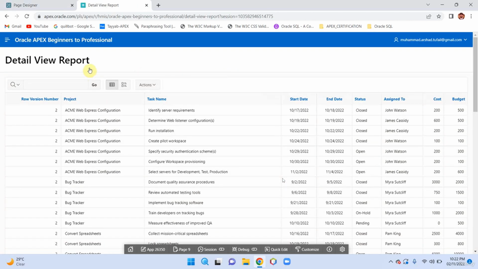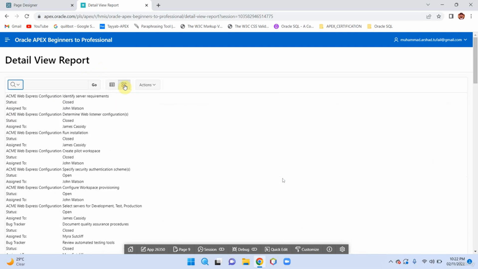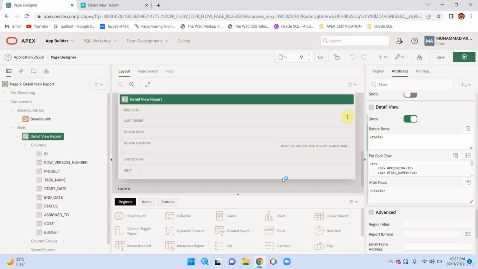Now you can see with the report, we have a detailed report icon. Click on detail view. So here you can see the name of the project, and then we have status, and then its value. Then we have a column heading, which is assigned to, and then we have the assigned to person. Okay. So if I want to design it more, then I need to apply some